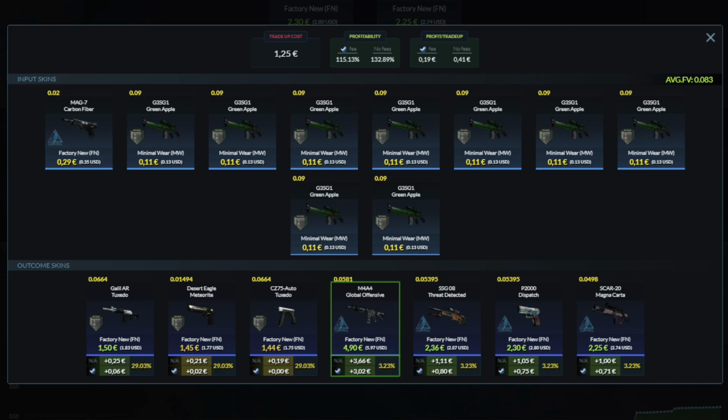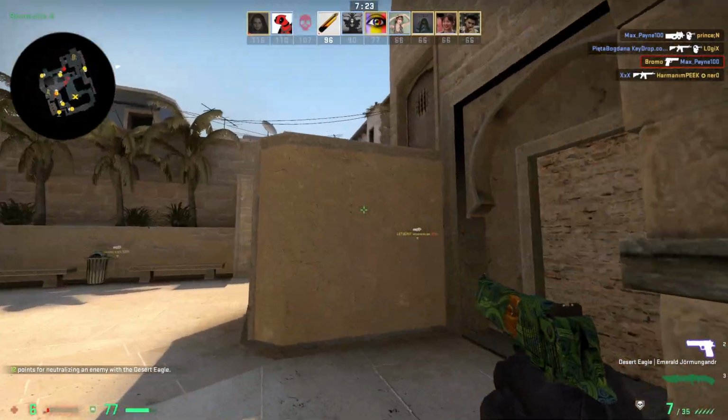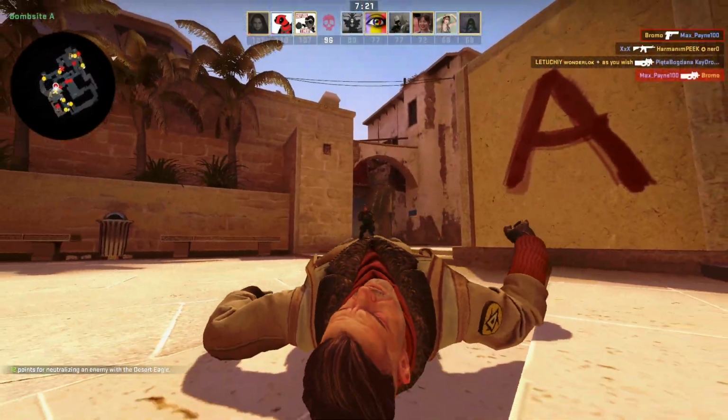But then on the Control skins, you'll make 70 cents on the Scar Magna Carta, you'll make 75 cents on the P2000 Dispatch, you'll make 80 cents on the SSG Threat Detected, and you'll make 3 euros on the M4A4 Global Offensive. It is only a 3.23%, but this is definitely a spammable trade up because the floats aren't that